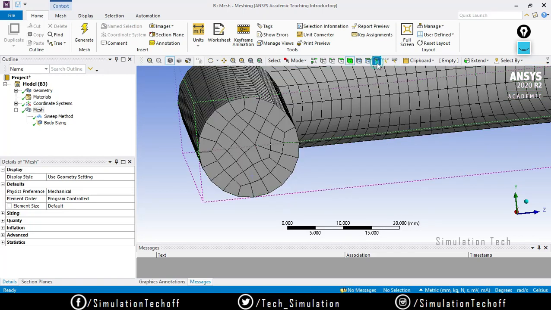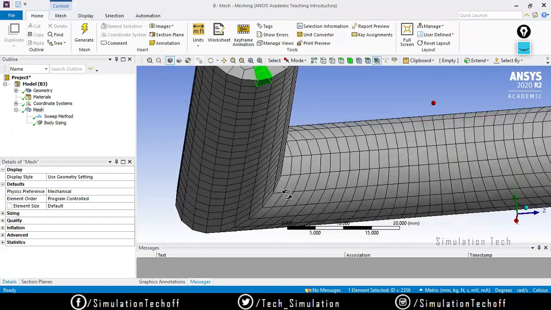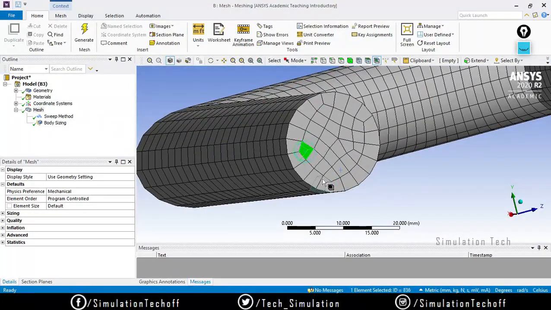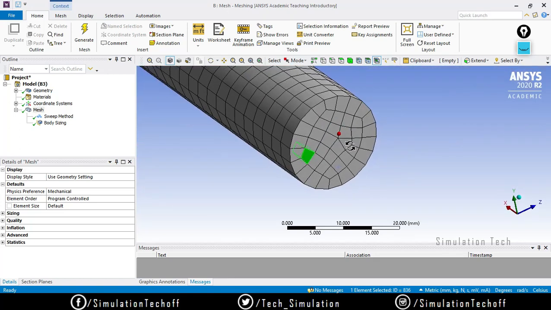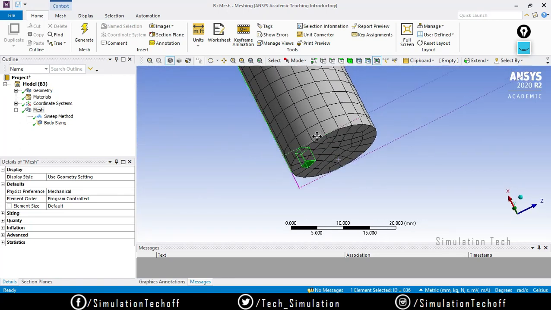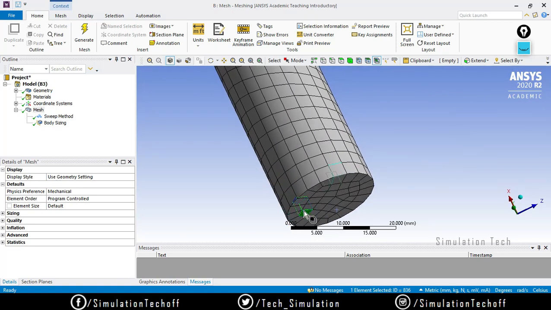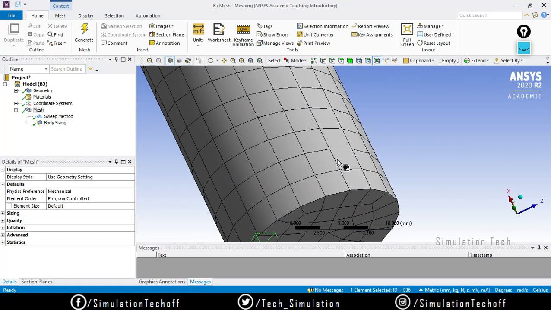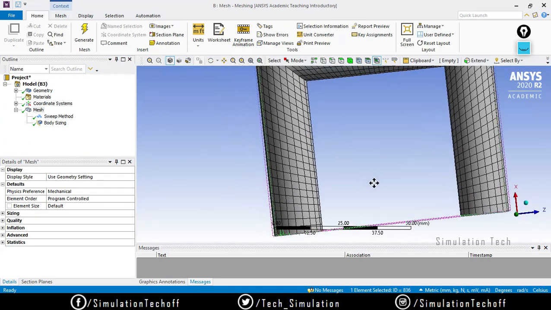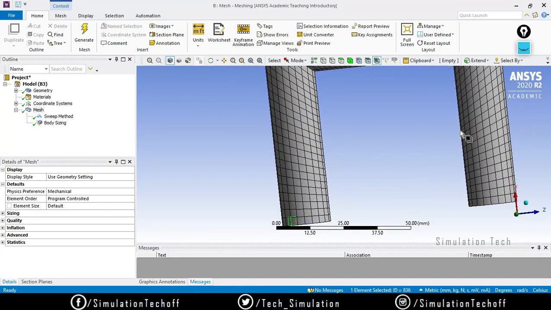When I try to select an element over here, see, all the elements are hex mesh. If you have a triangular element over here, you will get a prism element. So this element is actually extruded in this direction. This is the number of divisions. Right now you have n number of divisions, like this is the first division, 1, 2, layers 3, 4, 5, 6, 7.